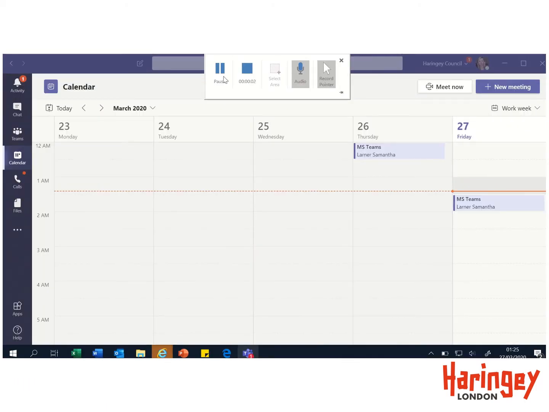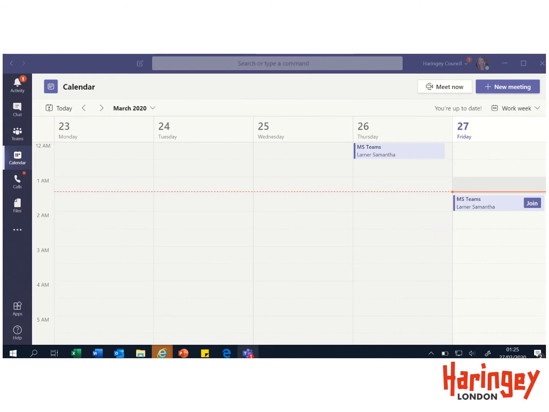I'm about to start a class. All my classes are in my normal Outlook calendar. The calendar in Teams is your Outlook calendar. One of the great things about using Microsoft Teams is you only have to have one place to store this information. You don't need a separate app with a separate calendar. You just go in to the class as it is in your